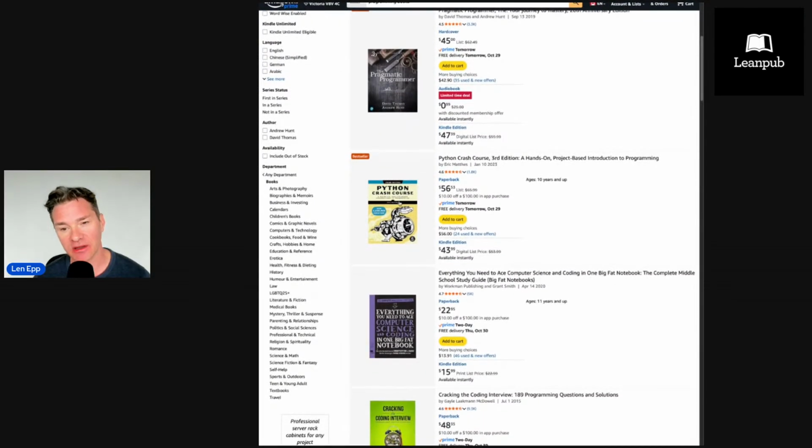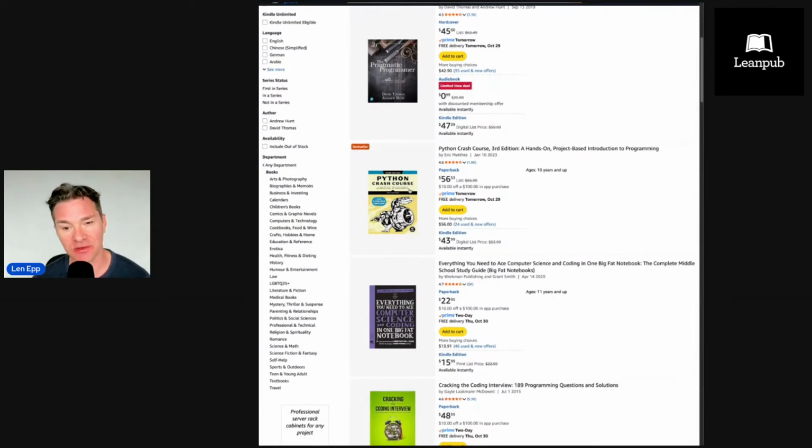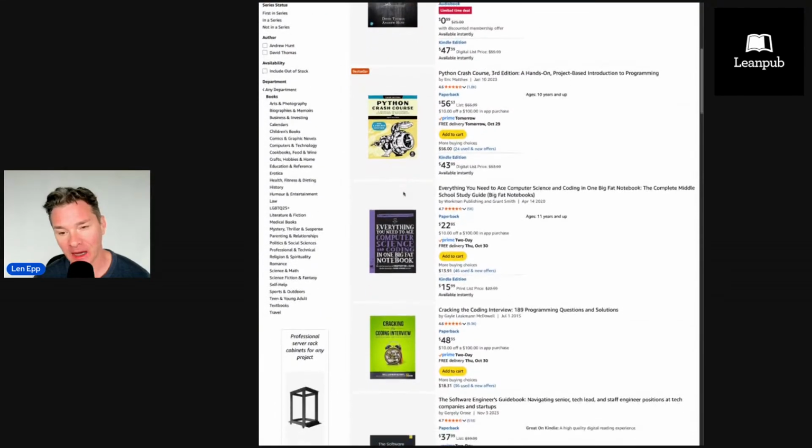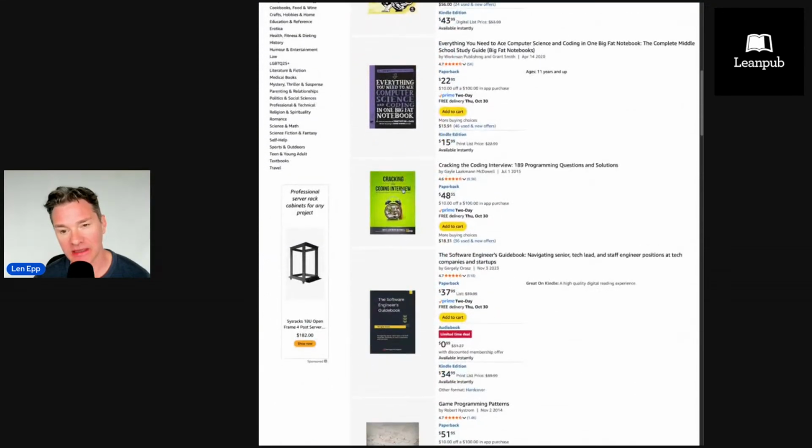Eric Matthes, who was on the Leanpub podcast once, has his Python Crash Course with this cool image of a snake around an engine, a plane engine. And then you can scroll down and you can see other examples of covers. Just to give you a bit of a flavor of this on Leanpub,